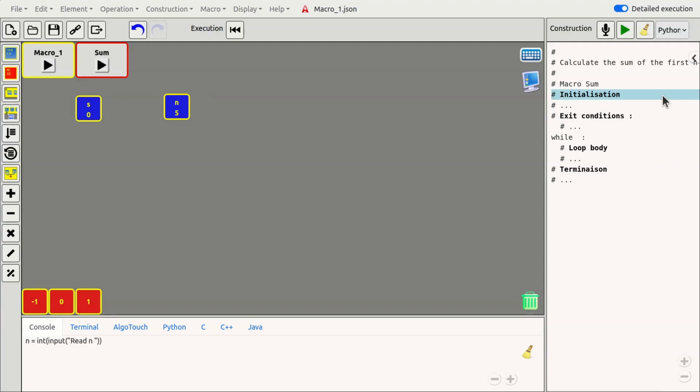The initialization block, which contains the initialization instructions to be performed before the loop body. The exit conditions block, which contains a list of exit conditions. The conditions are evaluated one after the other. When one condition is true, the others are not evaluated, and the loop body is not executed. The loop body block, the instructions to repeat. The termination block, for instructions that are to be executed at the end of the loop, for example, displaying a